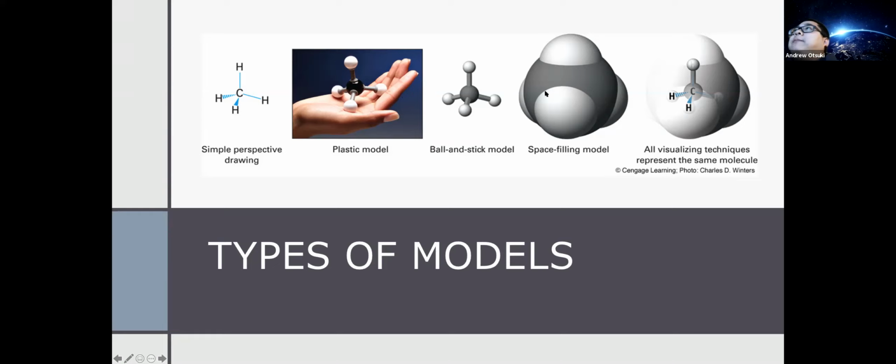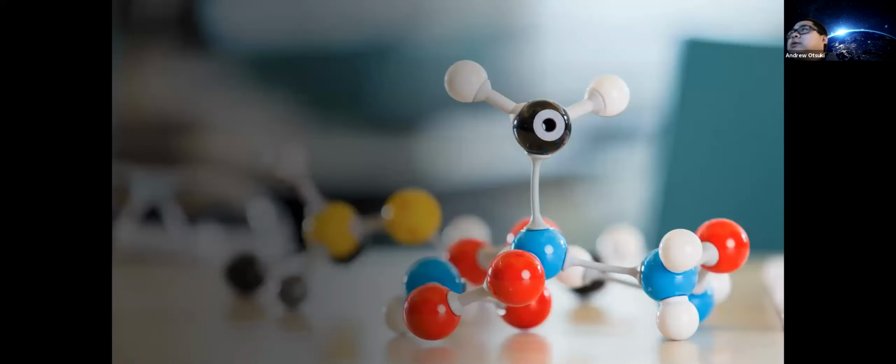So these are the type of models we kind of use. So let's go over now the kind of shapes that we're seeing in organic. So we've talked about these. So this is an example of a model kit you would use. So right here, carbon, hydrogen, nitrogen is blue. Oxygen is commonly always red. That's just a thing for models. And then,